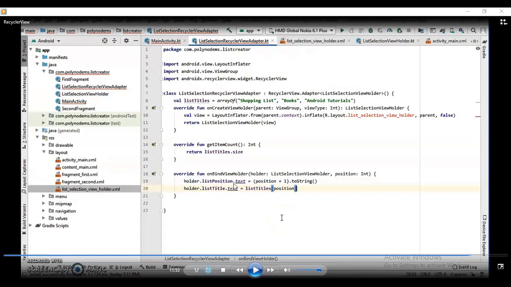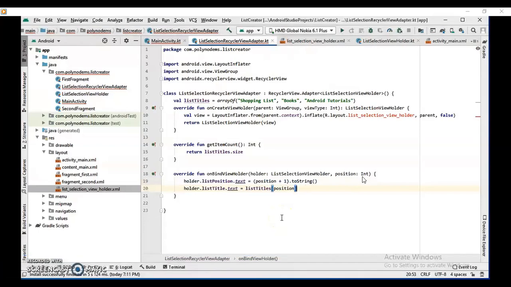So we'll be accessing the text they are referring to. Currently, what text are we assigning here? We are assigning the text as position plus one dot toString. This position is nothing but the integer value which is passed to this onBindViewHolder, right?